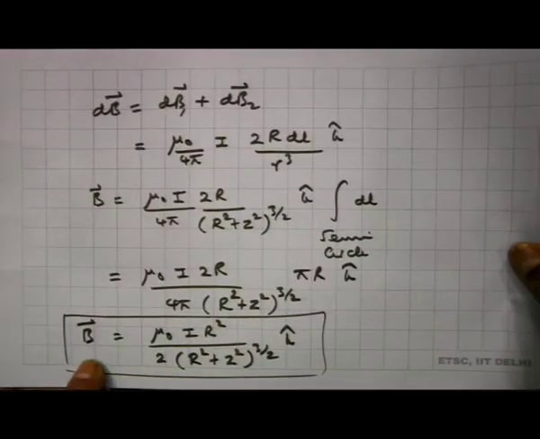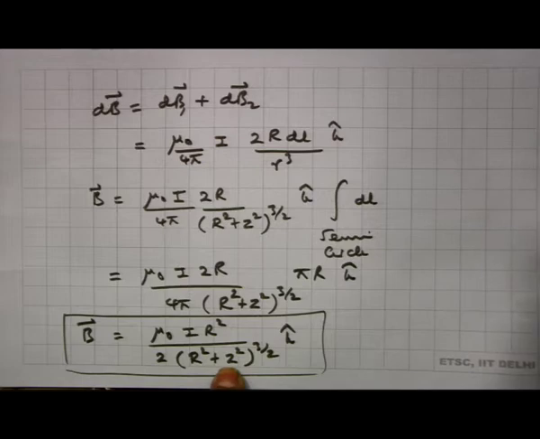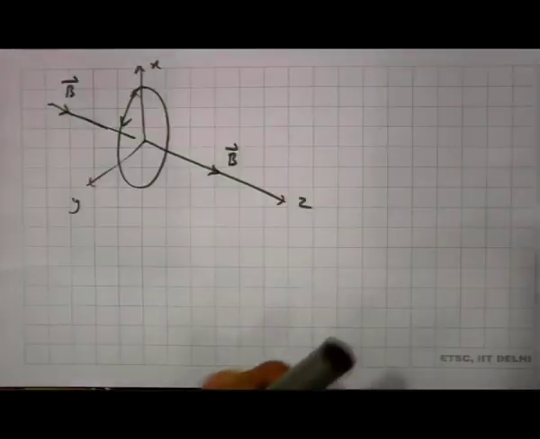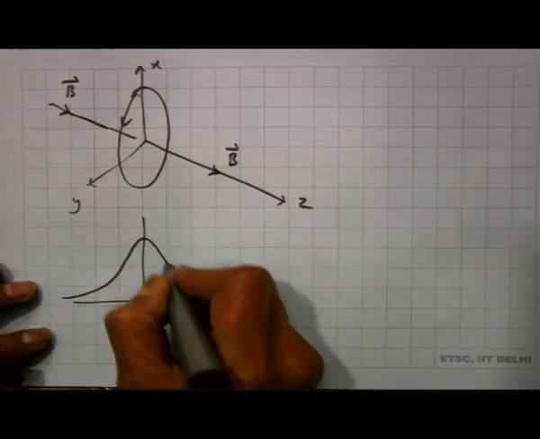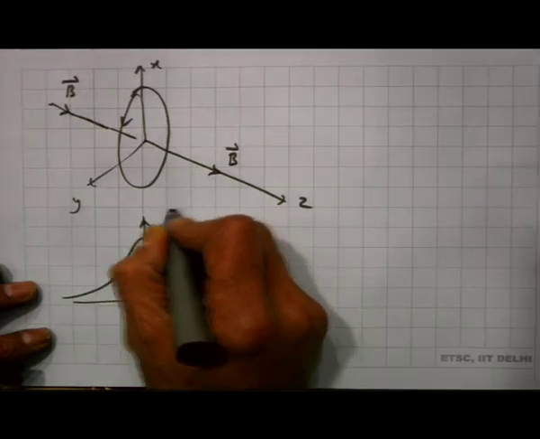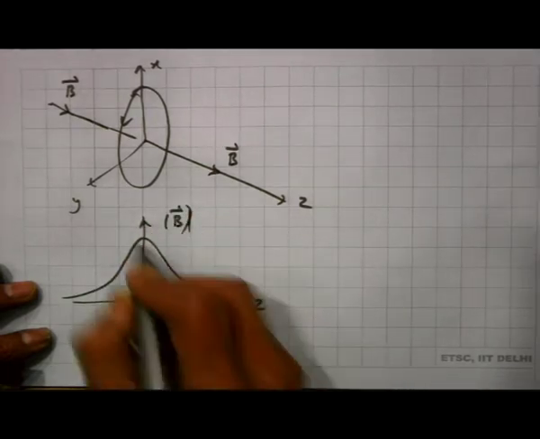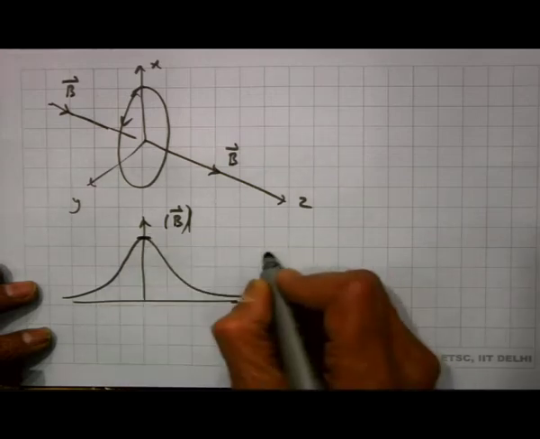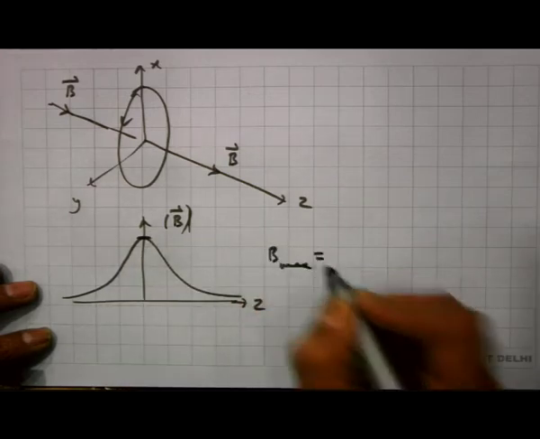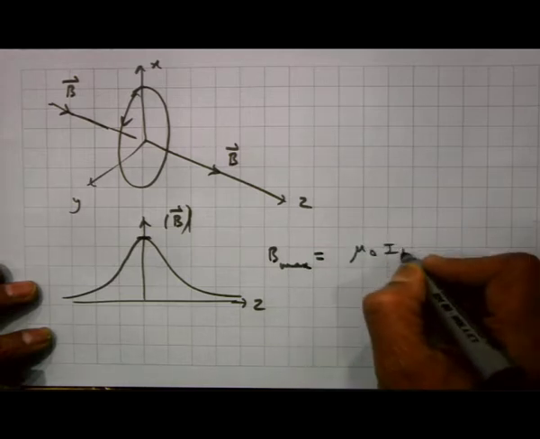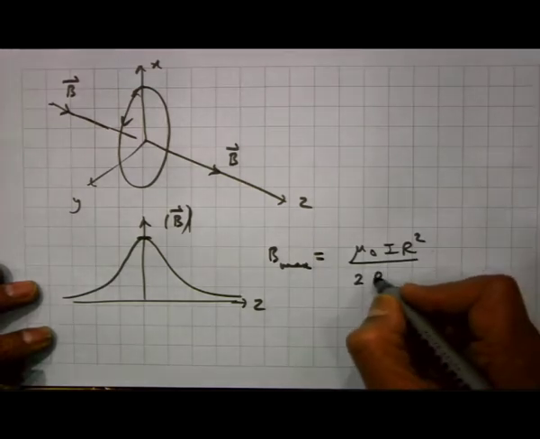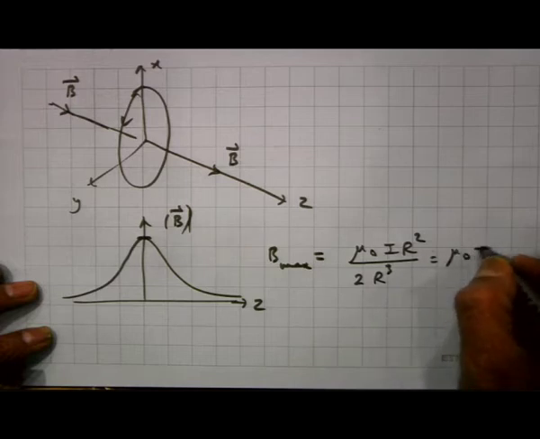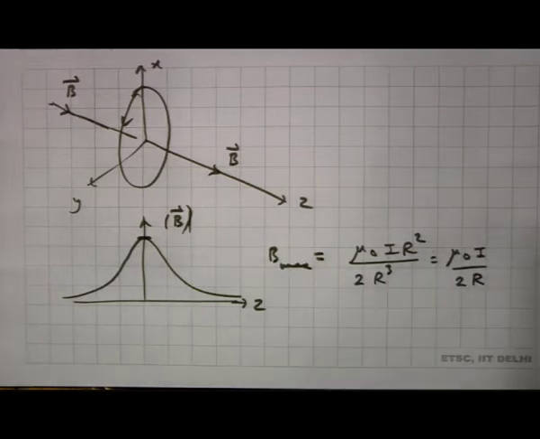As this equation shows, the maximum magnetic field appears at the point z equal to 0. And last time we had drawn a figure showing the magnetic field variation with position, and it goes like this. This is magnitude of magnetic field versus z. So, at this point B max is given by mu naught I r square by 2, and I put z equal to 0, so you get r cube, which is equal to mu naught I by 2 r. That is the magnetic field at the center of the circular loop of current,